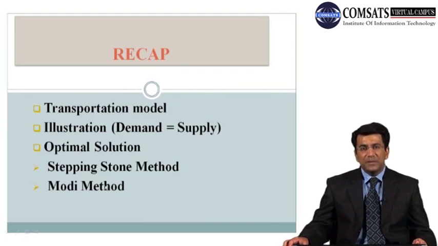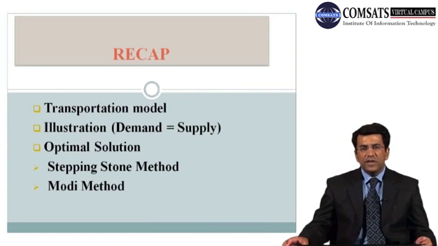And what we do in stepping stone method, we use an initial method in order to find out the initial transportation cost. For finding this initial solution, we can use two methods, that is northwest corner method and least cost method, and it's up to you which method you will use for finding the initial transportation cost. You can use either of these methods. Then after finding this initial solution, you'll have to check whether this initial solution is optimal or not.